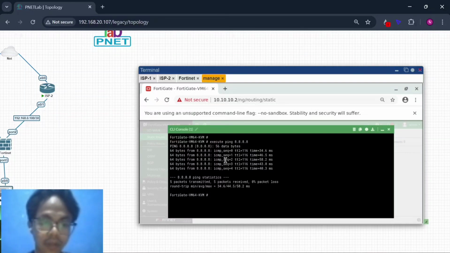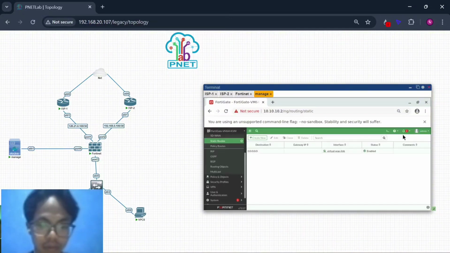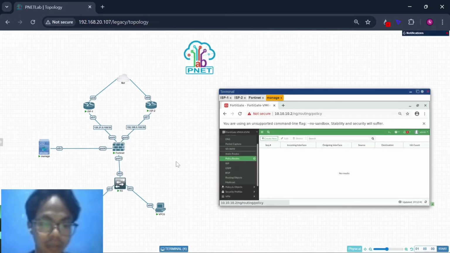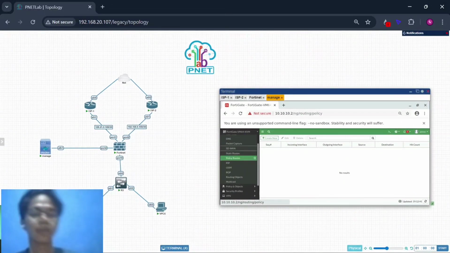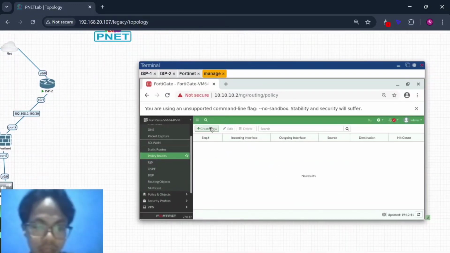And then what should we configure? To continue, you must go to policy route. This is for allocating IPs, because I want VPC4 to access the internet from ISP1 and VPC6 to access the internet from ISP2.